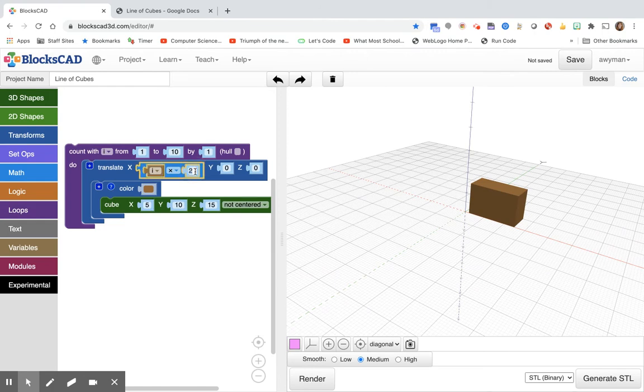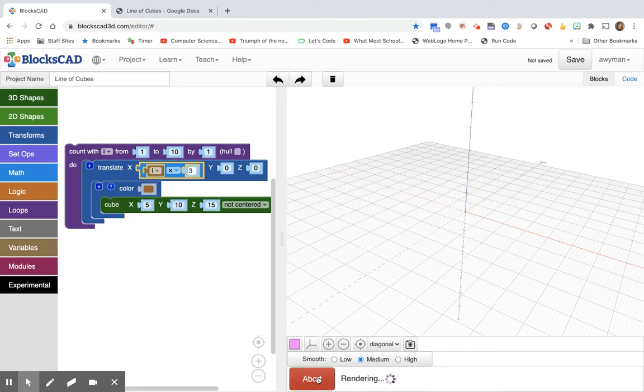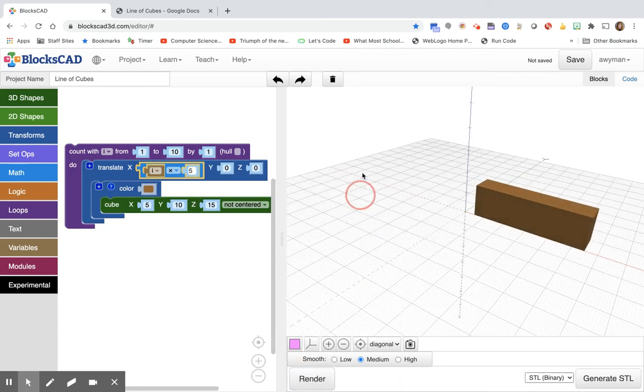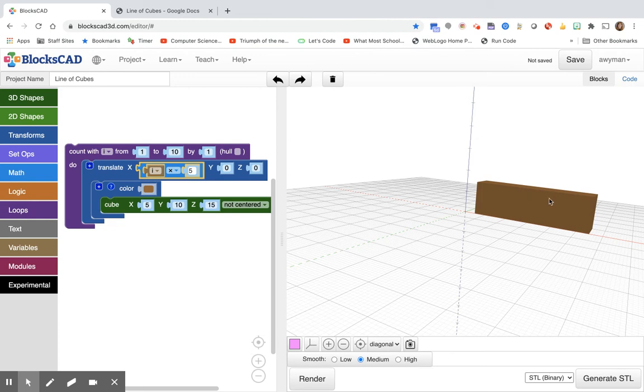So I'm going to take that 2 and change it to a 3. So now I'm going to multiply 1 times 3, 2 times 3, and let's see if we can space them out a little bit more. Not enough. My X is 5, though. My X is 5, so what if I multiply them by 5? Still no difference,